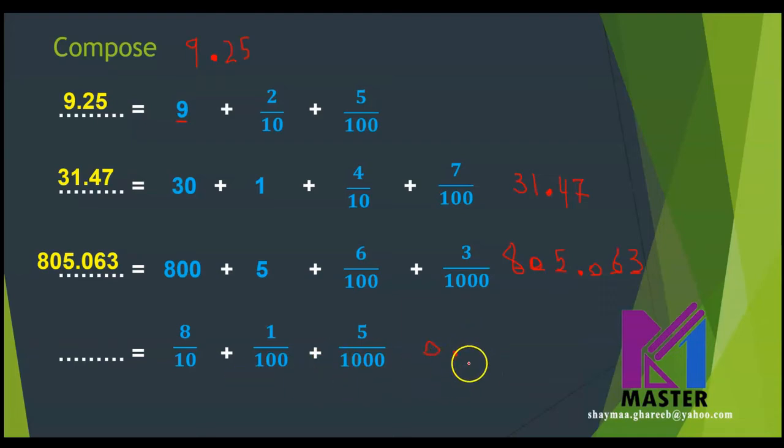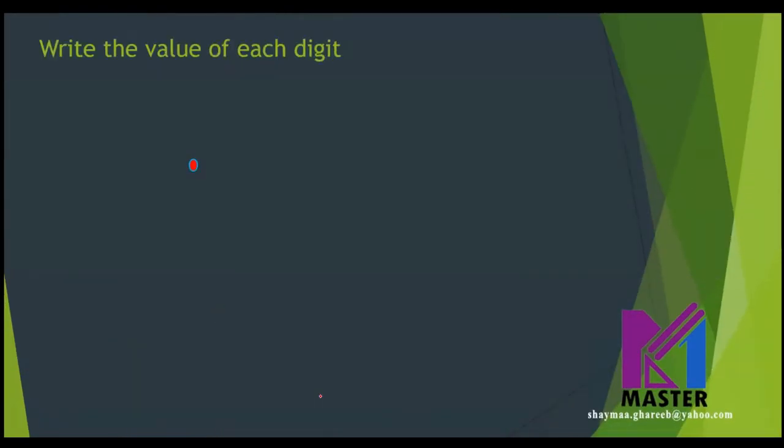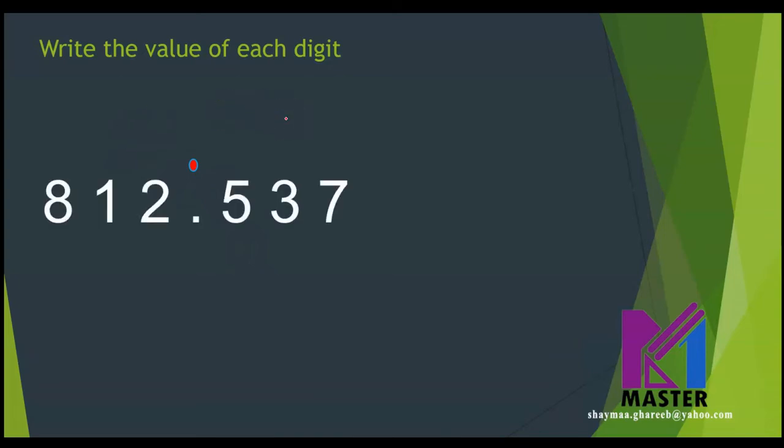So what to write in the tenth place, which is the first place after the decimal point? The 8. So the 8 will be placed first, then 1 in the hundredths, then 5 in the thousandths. So my number will be 0.815 or 815 thousandths. Okay, is this clear? Now, our questions time. Write the value of each digit. Look at this number, 812.537